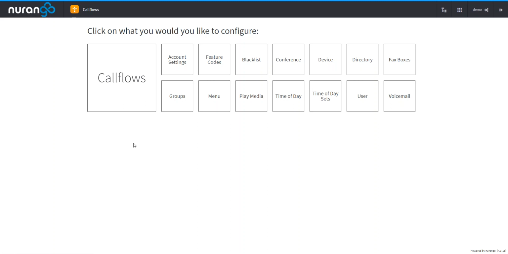Hello and welcome to this overview of the Callflows application. I'm going to show you how to use the Callflow application briefly, as well as set up an example Callflow with multi-IVR. And when you log into the dashboard and click the Callflows application, you'll be presented with the